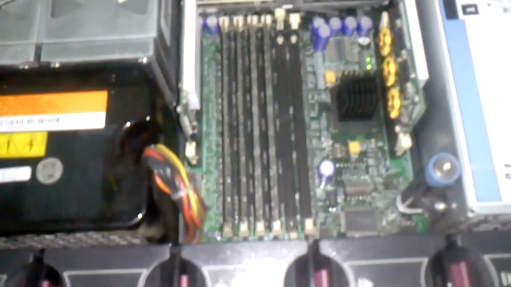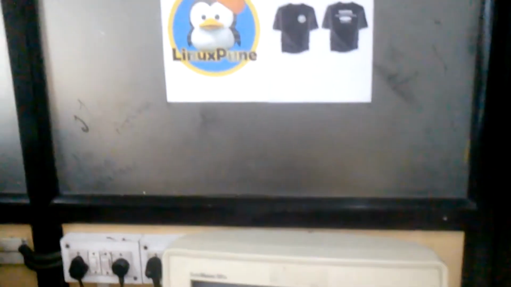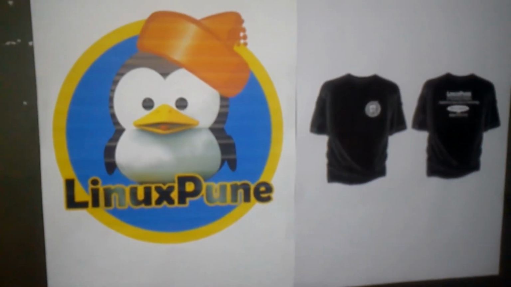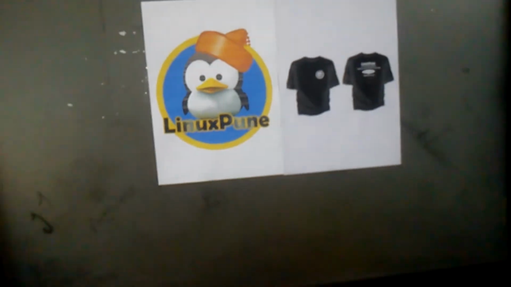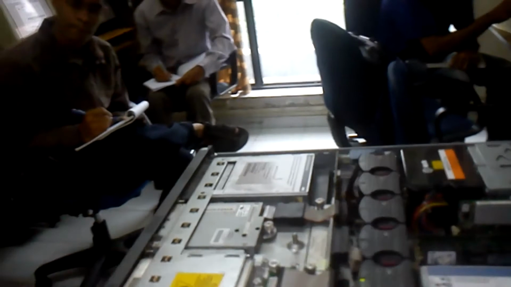If we go down a bit inside, we'll find the fans which are rotating now, and this humming sound is coming out of that. You'll see the RAM section, and these are the 2 CPUs we have, along with the SMPS. And this is the T-shirt and the logo we have designed, so just wanted to show it to you. This is what we are going for.